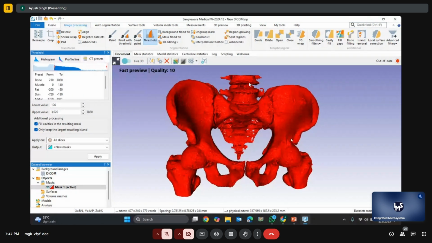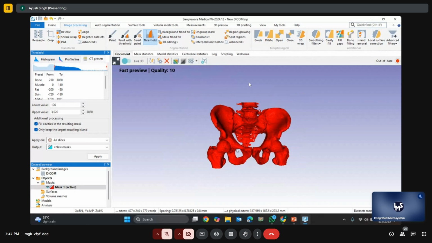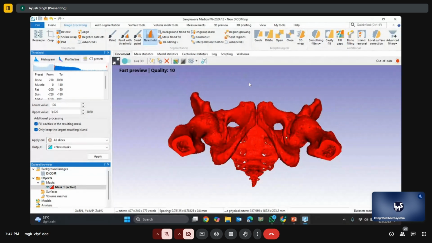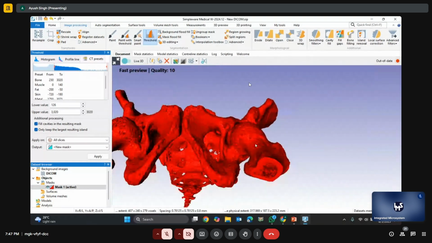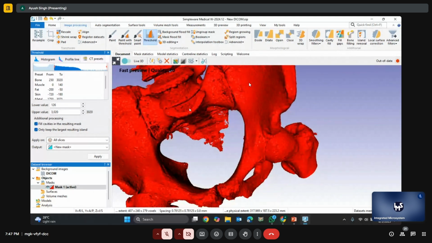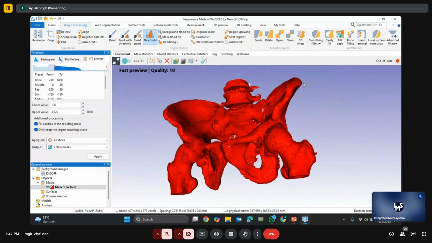Now we have created our mask, so we can process it further. Since it is only one mask, we have not split the regions of femur, hip right, hip left, femur right, and sacrum. So we can simply select this option. It will basically fill the bone. Currently it is hollow, so it fills the bone and solidifies the structures, which helps us in processing the image further. So clicking on this bone filling